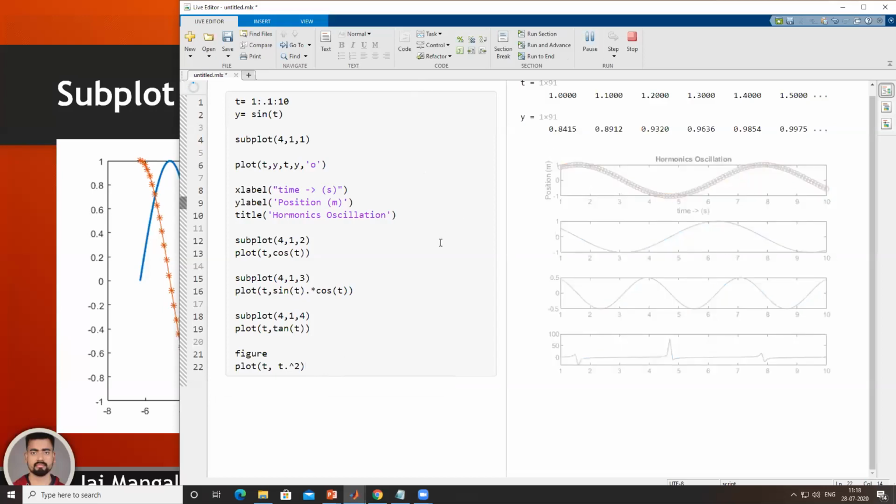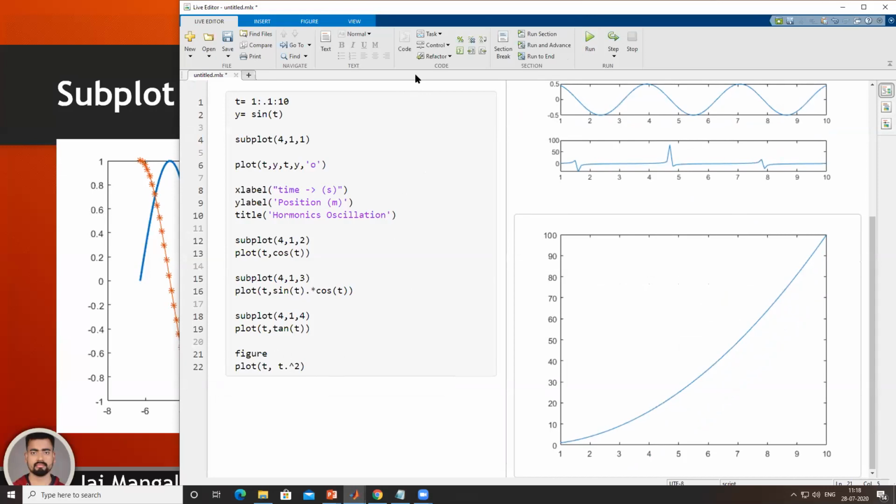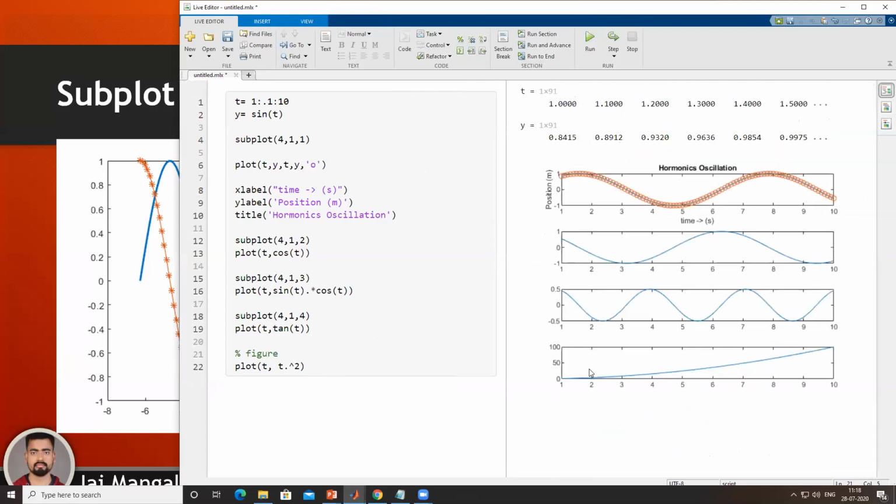Now if I run this one, you can see MATLAB plots it on a new graph paper. But if I comment out or just remove the figure command, like you can put it into a comment using this comment feature, and run it, then you will see that it overrides the last graph, which is supposed to be for 10, because here I have declared that at the fourth quadrant I have to plot 10. But after that, I again use a plot command. So this last plot command will override the previous plot command.